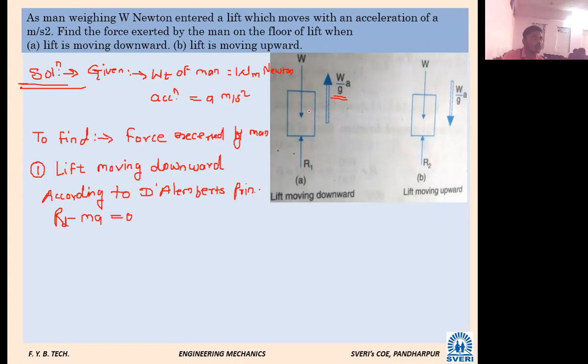Reaction R1 will be upward once the man enters the lift. The weight of the man, in which direction will it be directed? Upward or downward? Downward. Let us see how we can take it, just check that equation. Maybe W of man, it will be minus, no? Then reaction R1 will be positive, that's why upward. Any other force apart from this? After the man enters, will there be anything else?